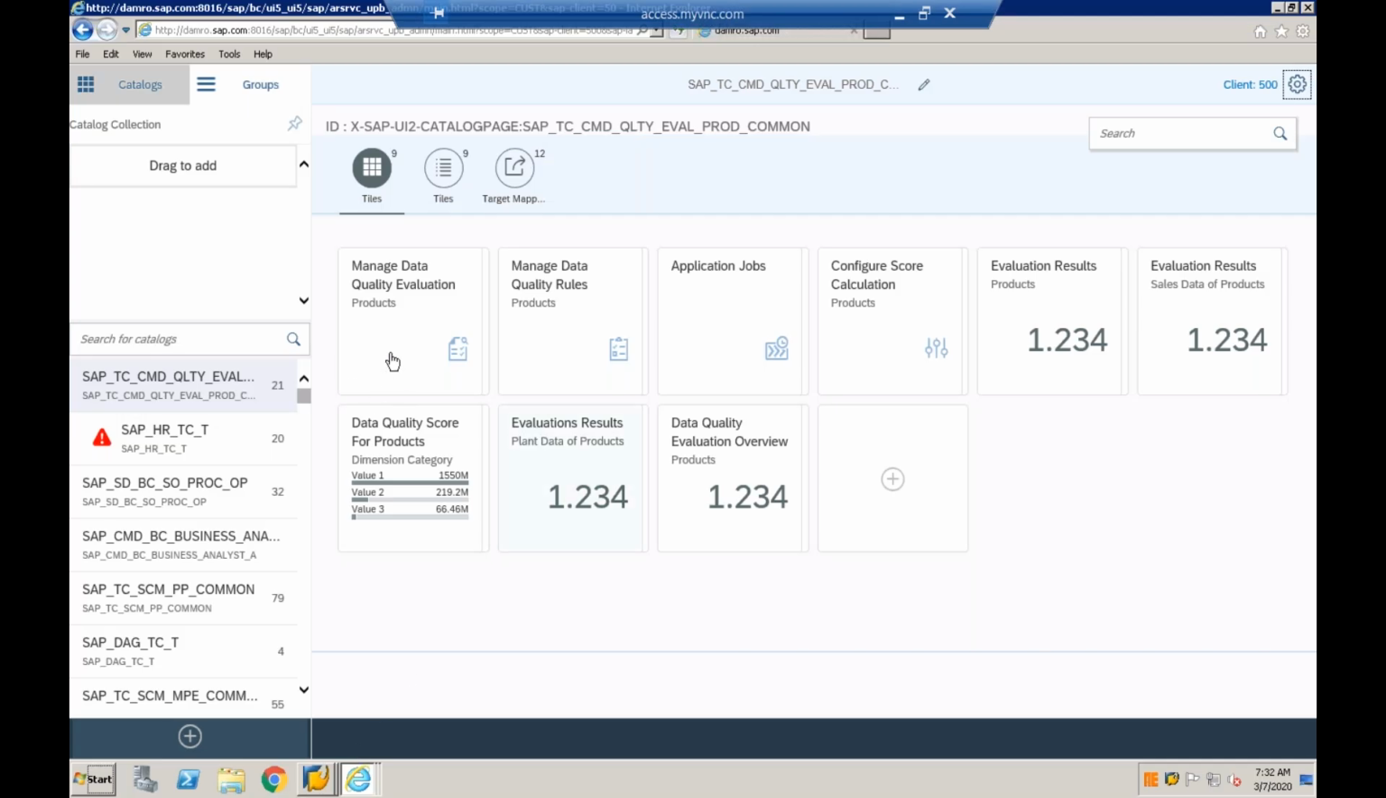Okay, let me first create this group. So we have group and catalog in the Fiori Launchpad designer part. First I'll be creating a group. So to create a group,